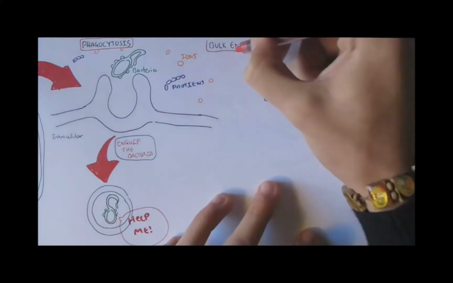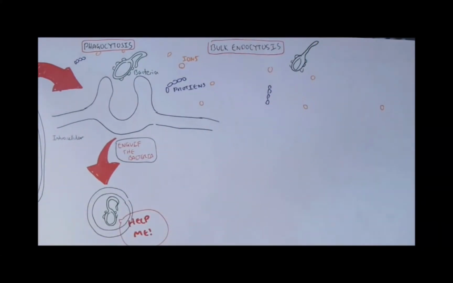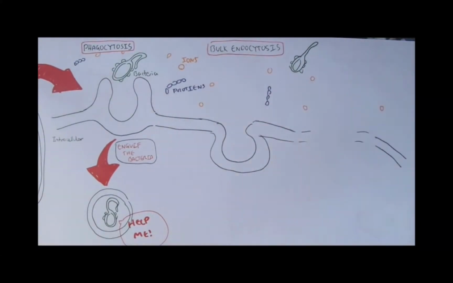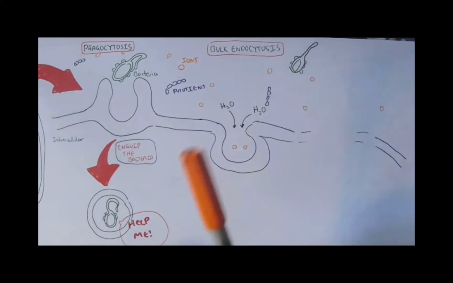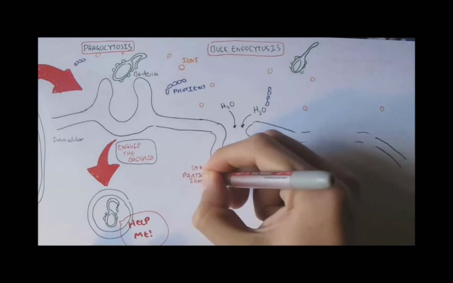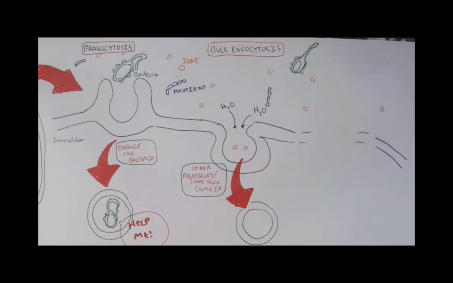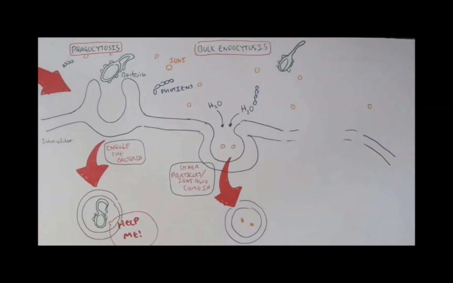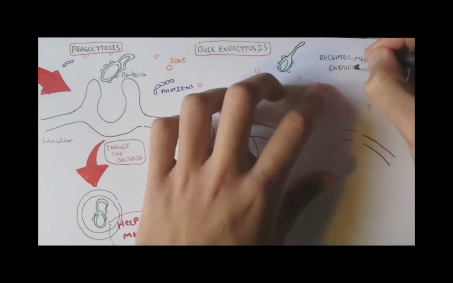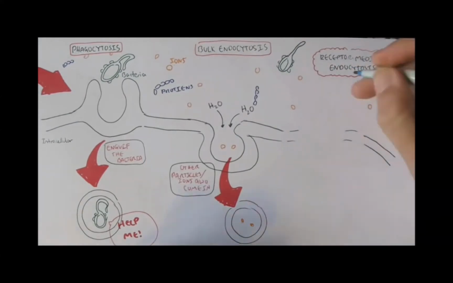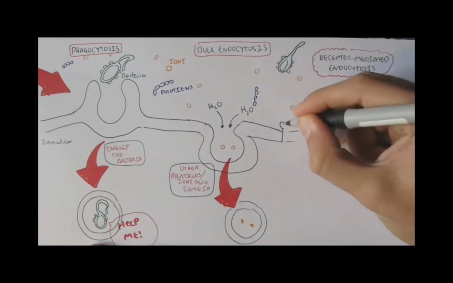The other form of endocytosis is bulk endocytosis, which is where the cell needs to take in some water or something to expand its volume. As it's doing this, it takes in some ions as well, and also it forms an endosome, like so. Now the last type is what's called the receptor-mediated endocytosis, which is where the cell's receptor detects cargo